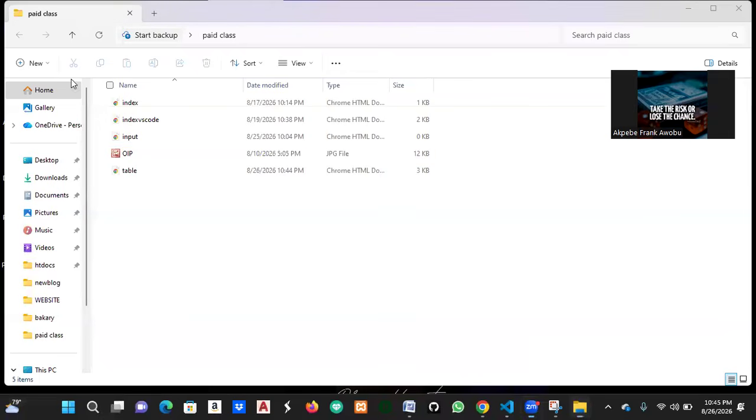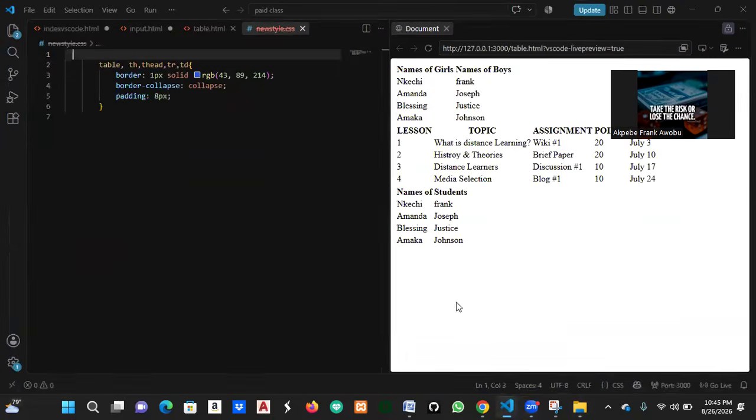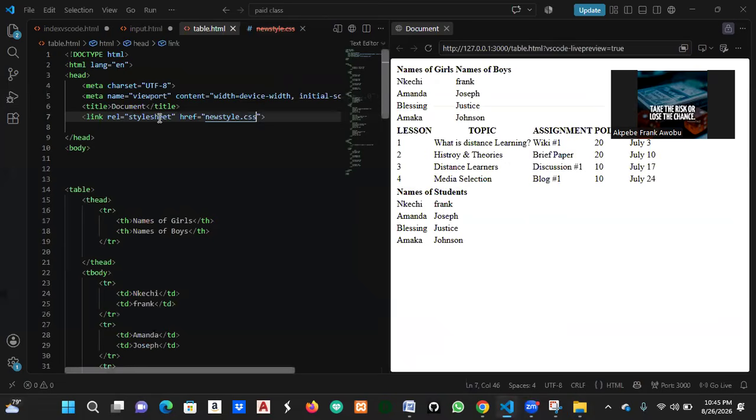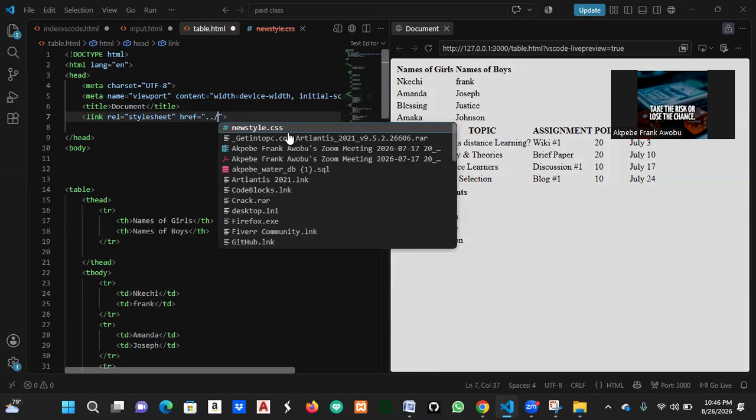Now, when you look at this place, where is my VS Code? You see that even if I mentioned it here, it's not working because the address is no longer correct. That's because we have changed the location of the file. So what can we do? We can decide to go back a little. So when you say